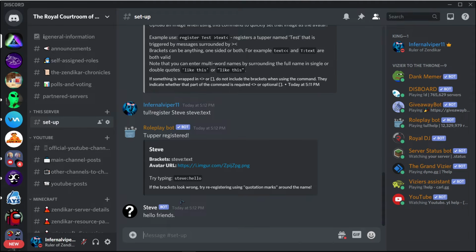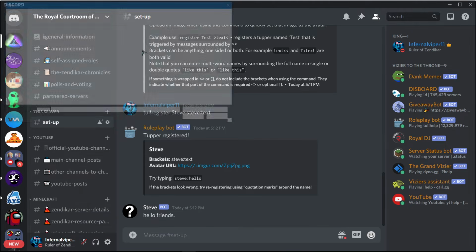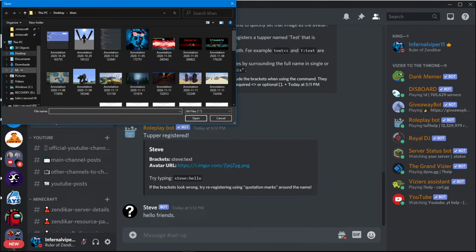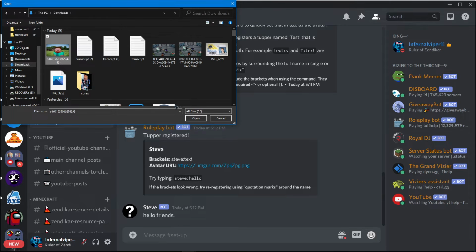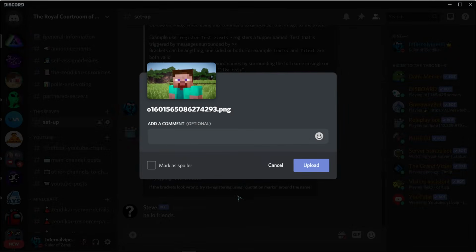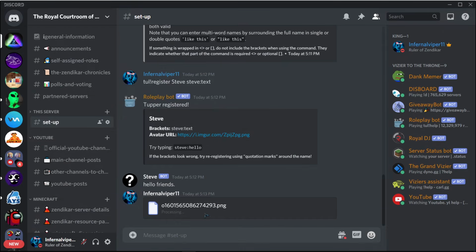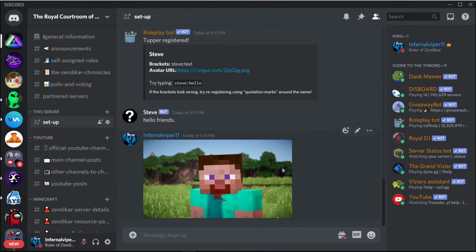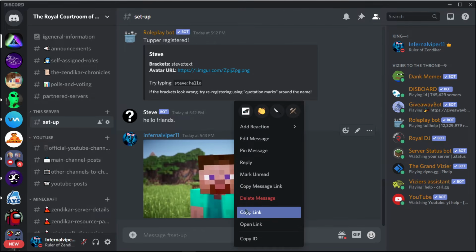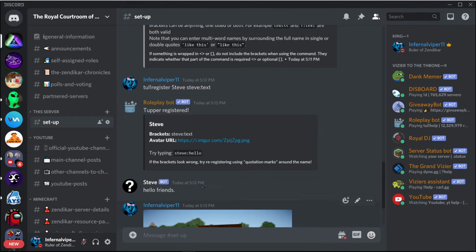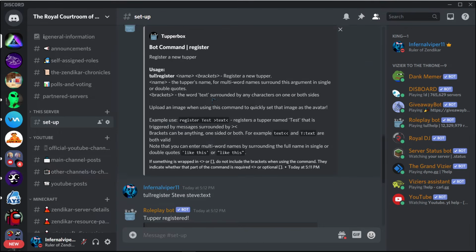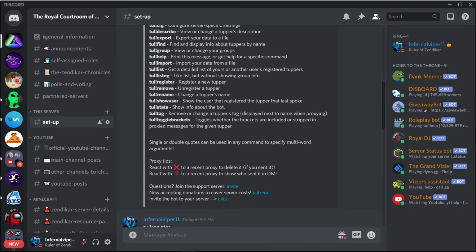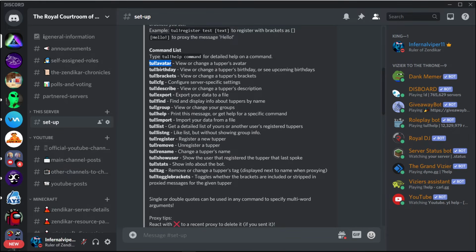Now to give these characters profile pictures and stuff, you want to first find a picture. So I'm just going to open up my files, and we're going to go to downloads, and I got a picture of Minecraft Steve. And what we're going to do is copy the link to this picture by just right clicking and then copy link. And then what we want to do is for the avatar side of the command, which is right here,